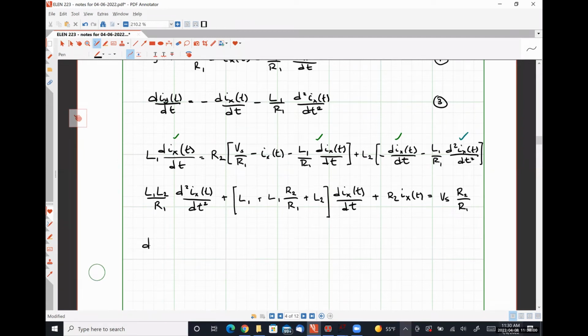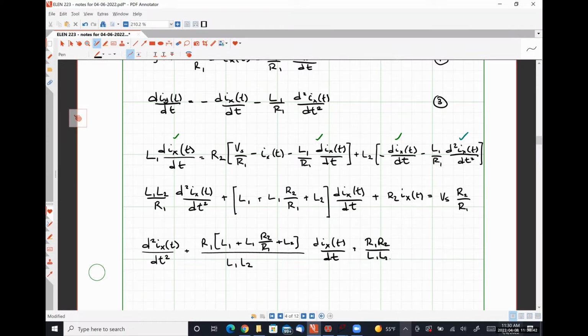So that's going to give me the second derivative plus R1 times L1 plus L1 R2 over R1 plus L2, all divided by L1 times L2, times the first derivative, plus R1 R2 over L1 L2 times the 0th derivative